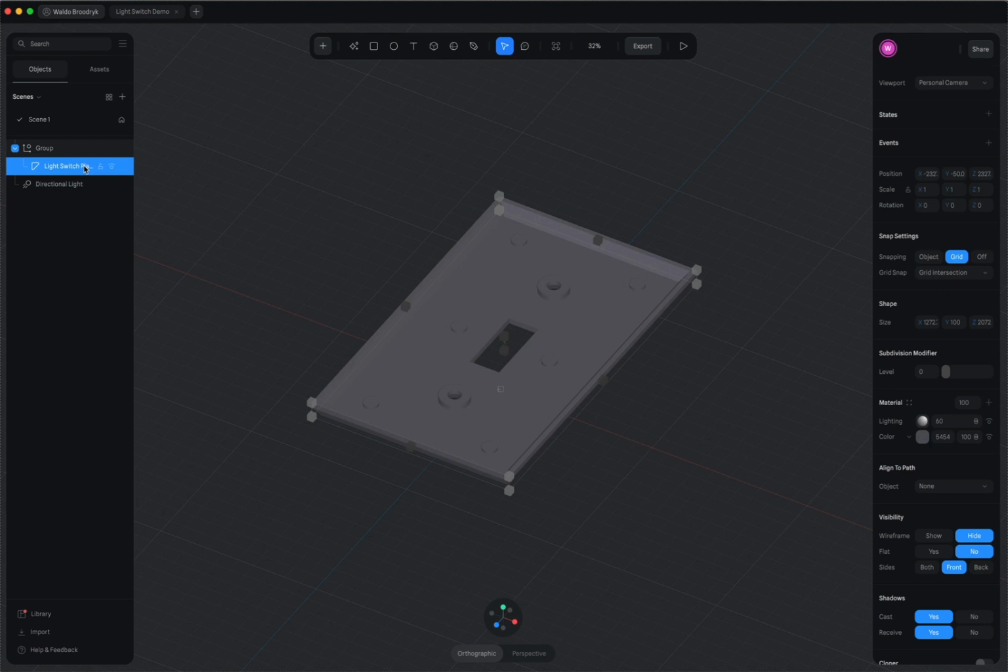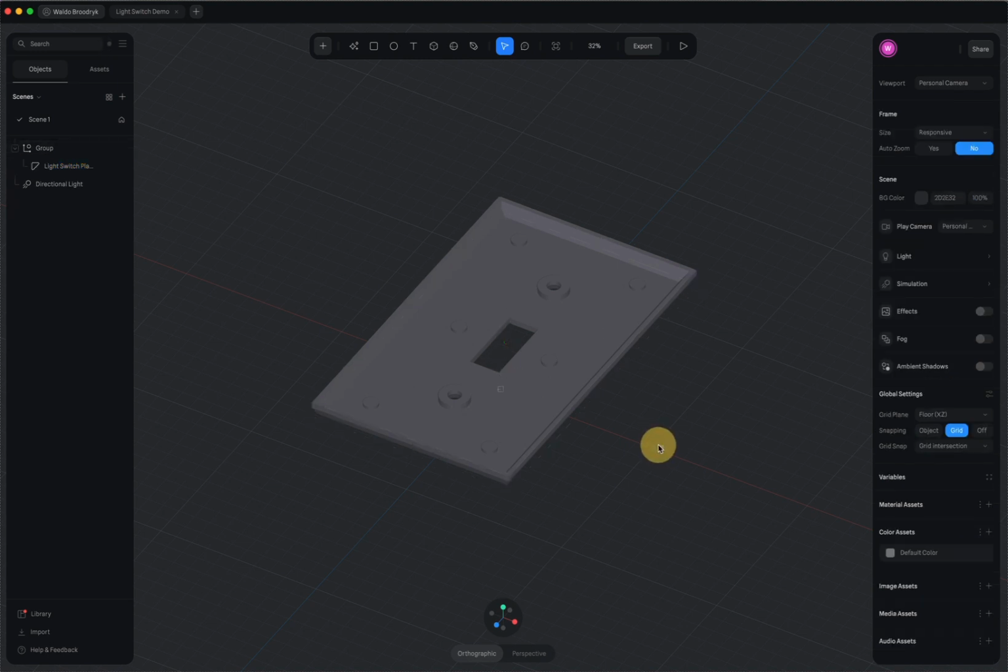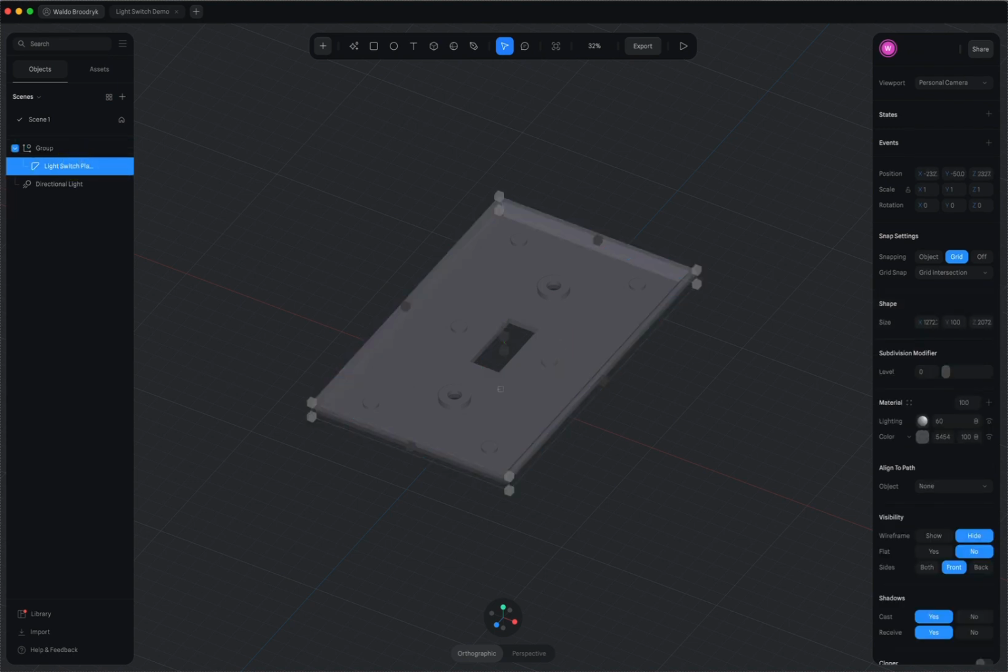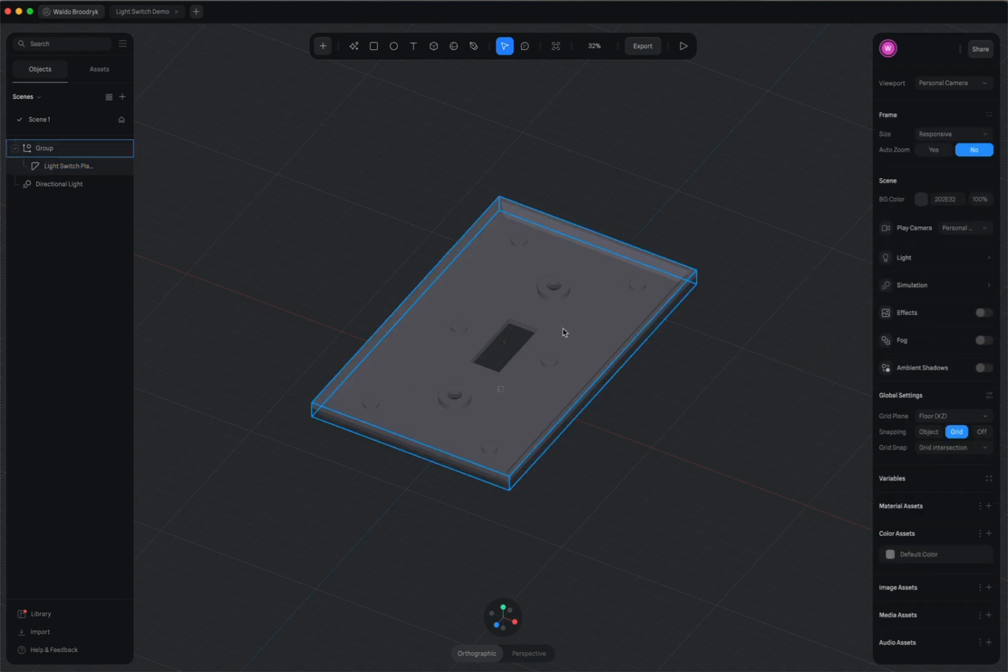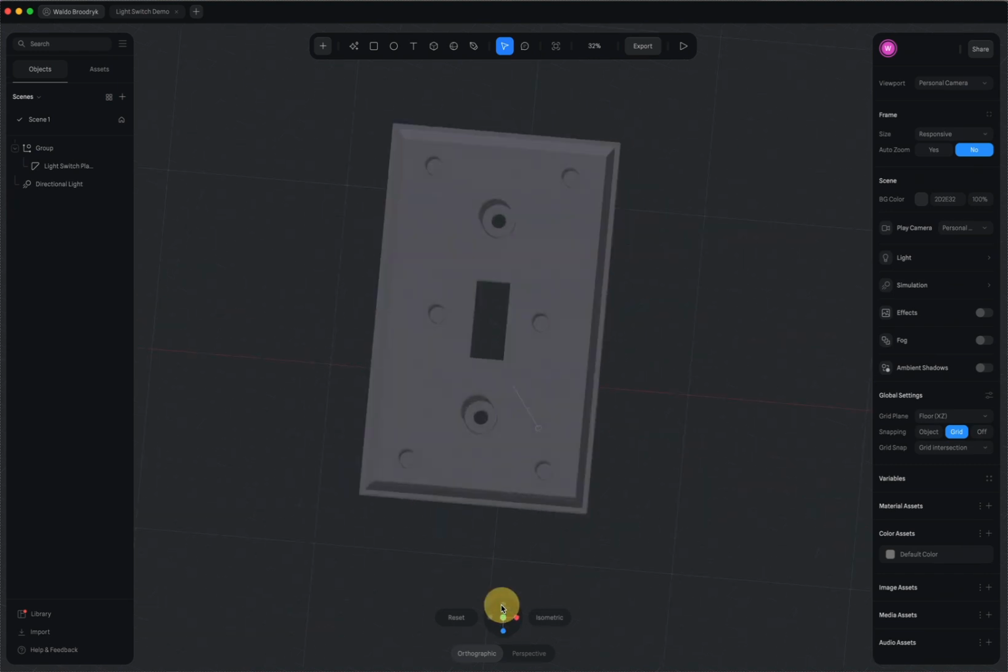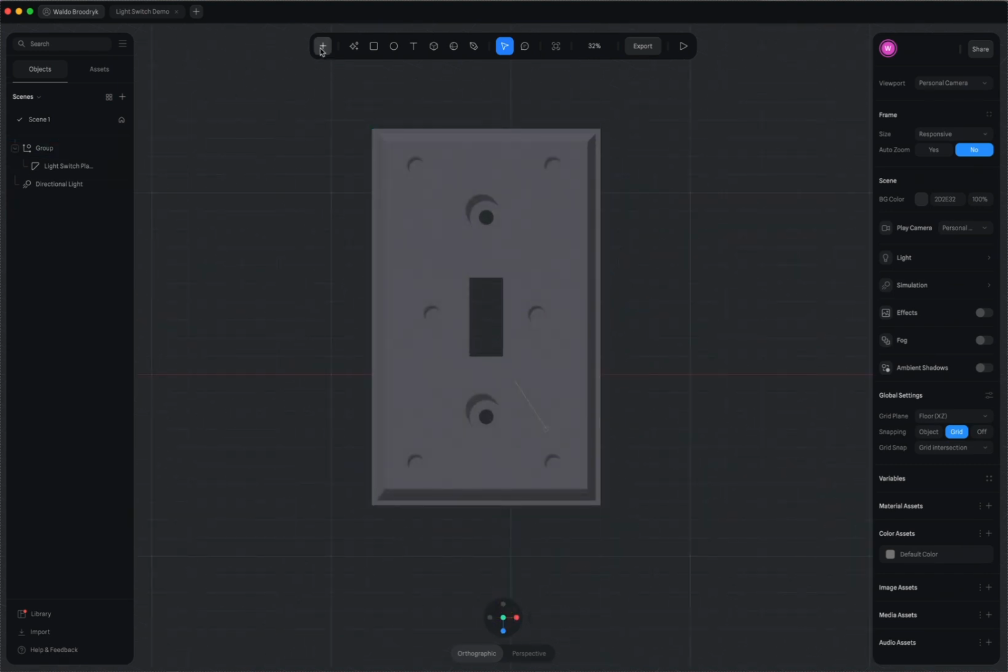So if I have this selected, I can see in the shape that I have an X width of 1272.73, and then a Y, which is the height because it's laying down right now, is at 100, and the Z is 2072.73. Okay, cool. So I'm going to look at a top view here,